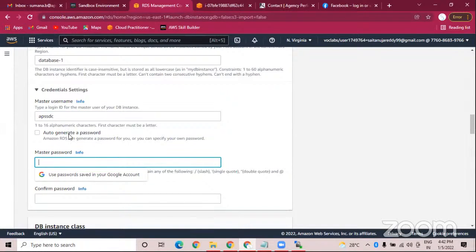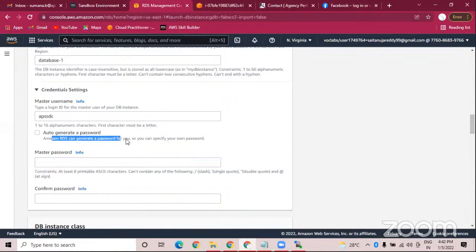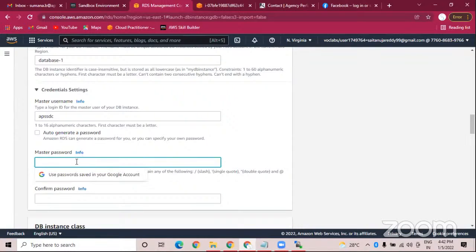సో ఇక్కడ మనకి ఆటో జనరేట్ పాస్వర్డ్ ఉంది. సో ఆటో జనరేట్ మీన్స్ అమెజాన్ ఆర్డిఎస్ విల్ జనరేట్ ఏ పాస్వర్డ్. సో ఒక పాస్వర్డ్ అమెజాన్ ఆర్డిఎస్ ఏ పాస్వర్డ్ క్రియేట్ చేస్తుంది. సో లేదు నా ఓన్ గా క్రియేట్ చేసుకుంటాను అంటే జస్ట్ గివ్ ఏ పాస్వర్డ్ అండ్ ద పాస్వర్డ్ మస్ట్ కంటైన్ ద నెంబర్స్ అండ్ ద లెటర్స్. సో పాస్వర్డ్కి వచ్చేపటికి నెంబర్స్ అండ్ లెటర్స్ మాత్రమే ఉండాలండి. ఓకే,